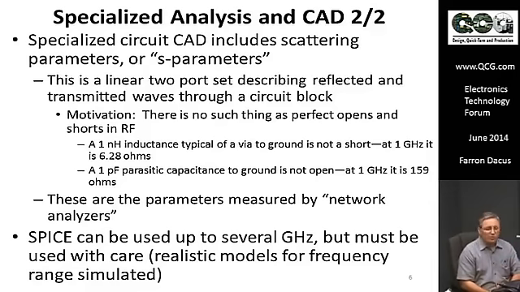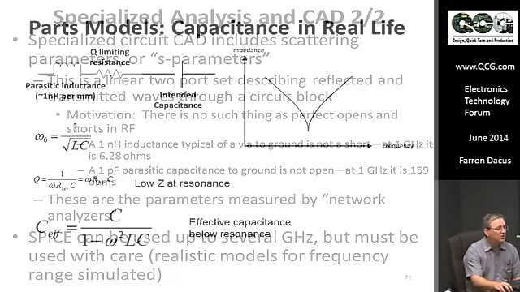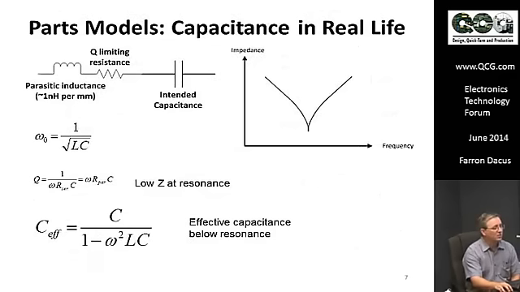Now, an example of the specialized techniques needed in RF circuit design is the fact that parts are more complicated than they are at low frequency. You have to take their parasitics into account, and for a capacitor, here is the intended capacitance, and it has a Q limiting resistance, and what really trips you up is the series inductance. So this capacitance will have a series mode self-resonance, and if we do a few simple calculations, we can find